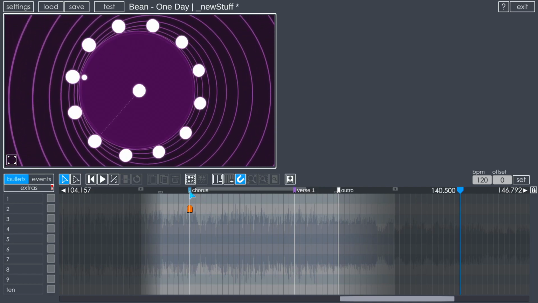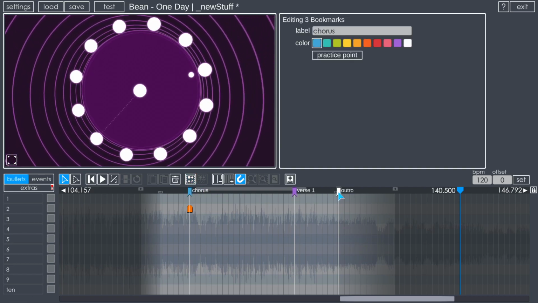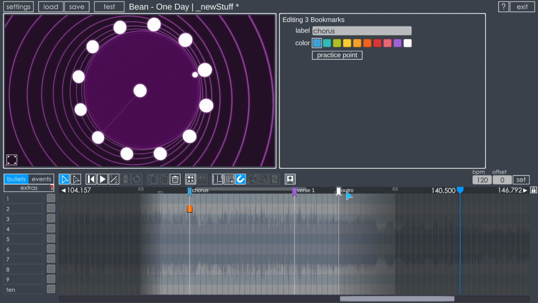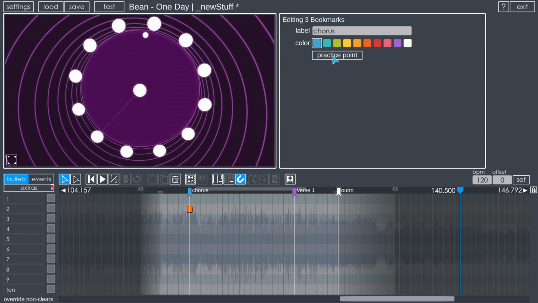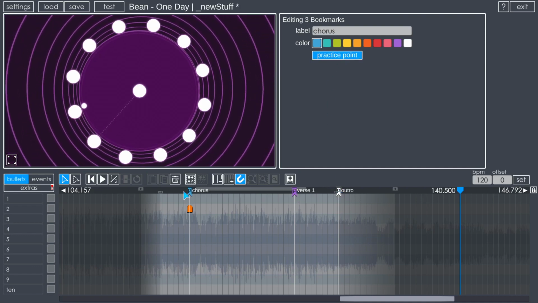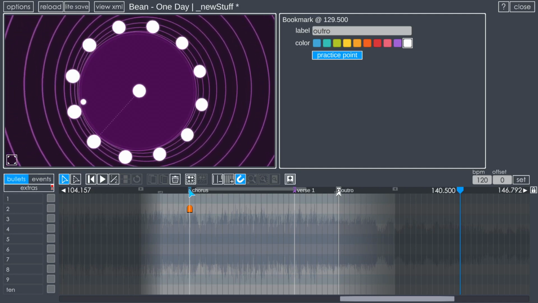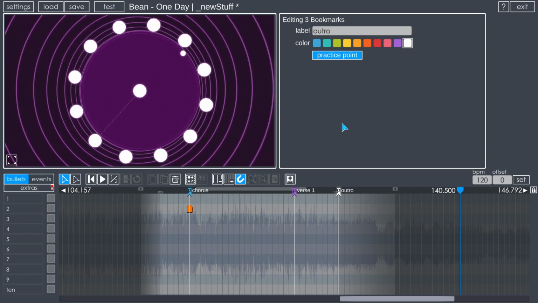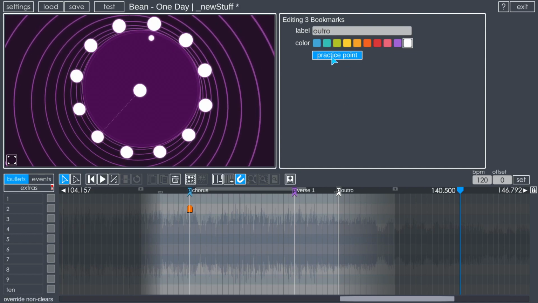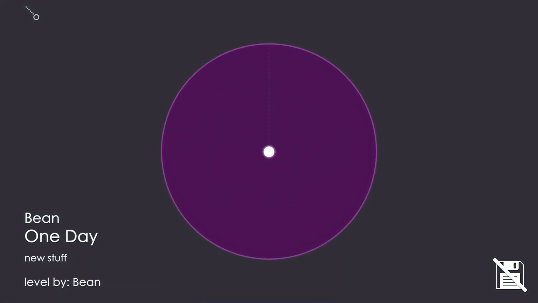Now in practice mode, you can have practice points, as they're called, and that is done via bookmarks. So by default, the bookmarks will not appear in practice mode, but now they have this new toggle called practice point. If you click that, you'll notice they now have a P on them, to let you know they're practice points. You can also do that shift click trick. So if I hold shift and click here, it'll select all of the ones in between, which is very quick to select them all. So these are all practice points. I will save. We will go to the test,